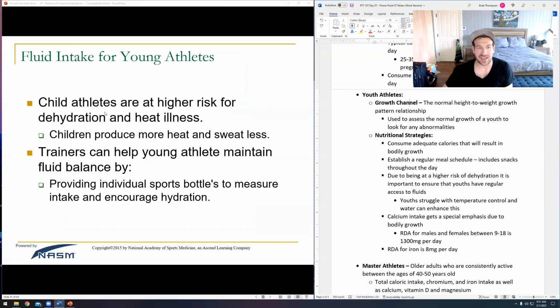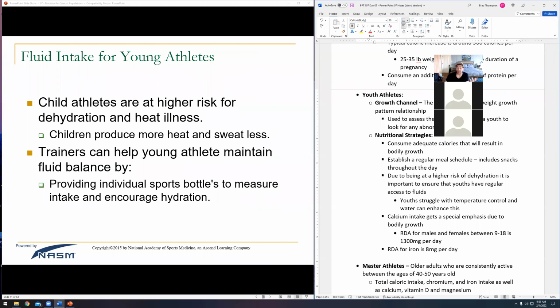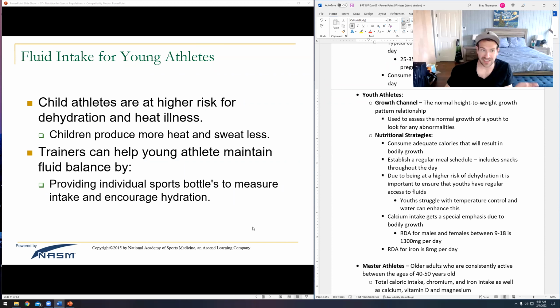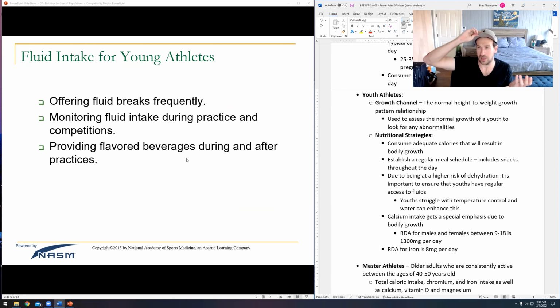So a lot of healthy snack options there. Now, fluid is also really important. Kids hate drinking water. They hate staying hydrated, but they're part of the population where it is incredibly important to make sure that they stay hydrated. So fluid intake for kids, making sure they get plenty of juices. If they like water, then great, make them drink water. But you're trying to make sure that you're balancing out their water balance, right? If they get dehydrated, they're not going to feel very good.